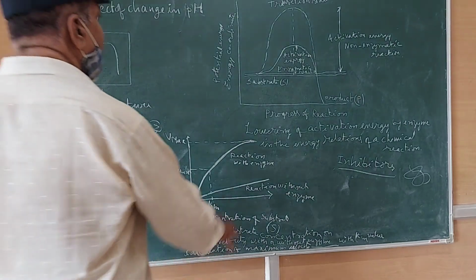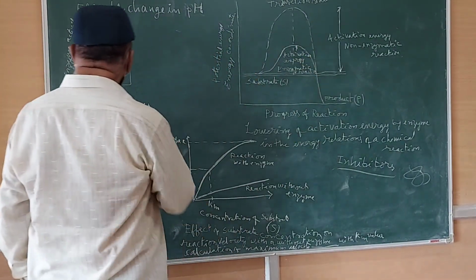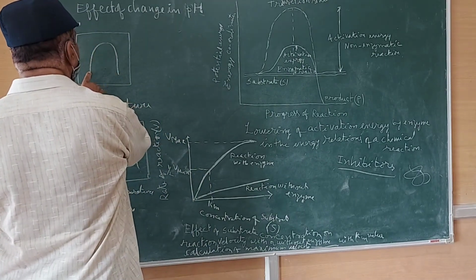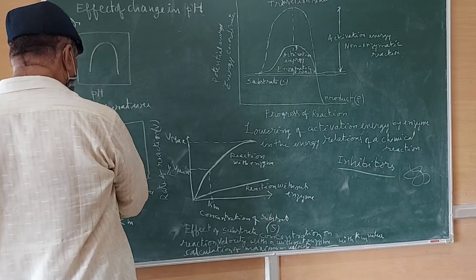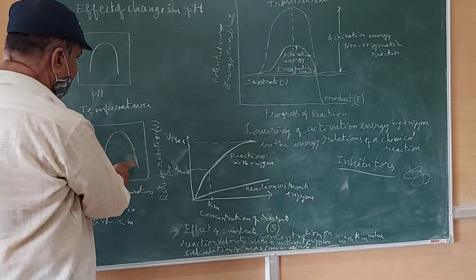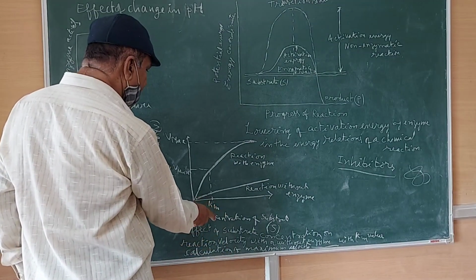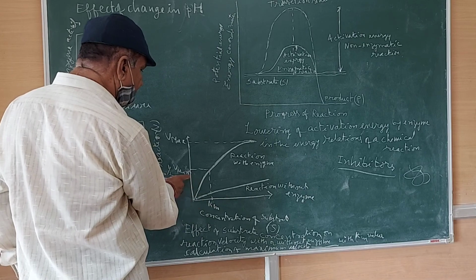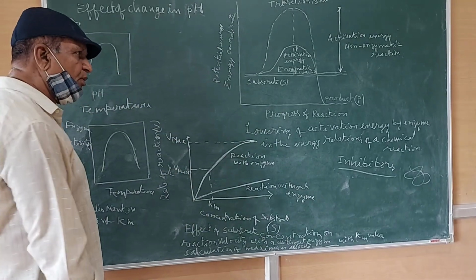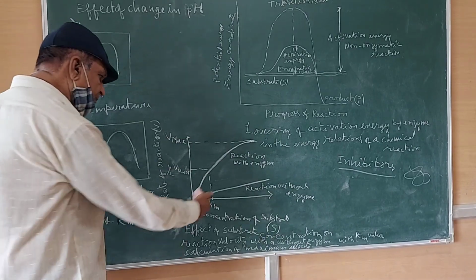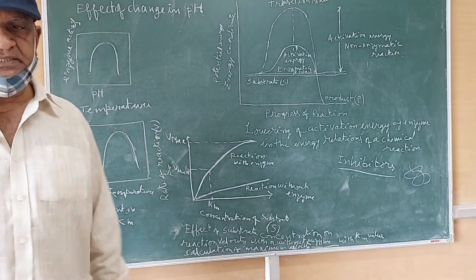So here you should know what is activation energy, and the difference between with enzyme and without enzyme. Here the minimum, optimum and maximum pH for enzyme activity, and minimum, optimum and maximum temperature. Here Km I have given to you. Km is half of Vmax, so if Km is more, it means low affinity. If Km is less, it means high affinity. If you have any doubts, we will discuss in the Zoom class.